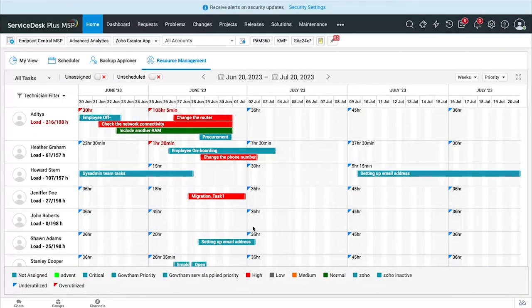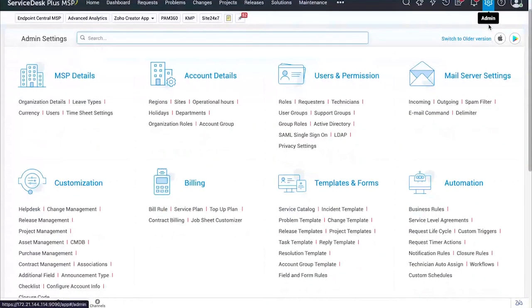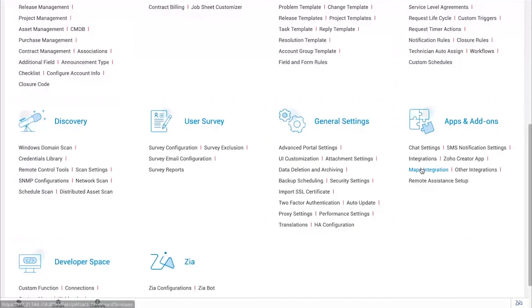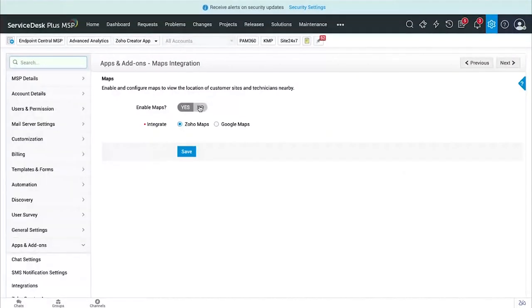But say some of your technicians are also working on site, right? How would you ensure that you are designating a ticket to the right technician in that case? So for that, we have something called Maps integration in ServiceDesk Plus MSP. Now, you need to go to the admin section, and under admin section, under apps and add-ons, there's an option called Maps integrations. So in order to enable this, first you need to click on yes,